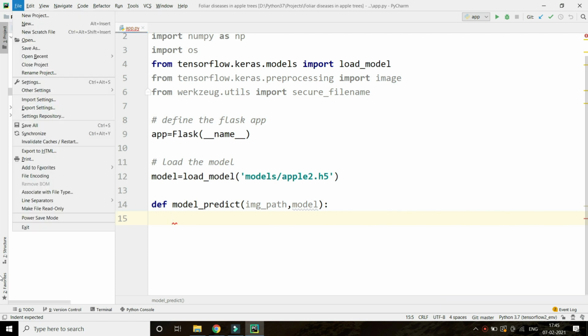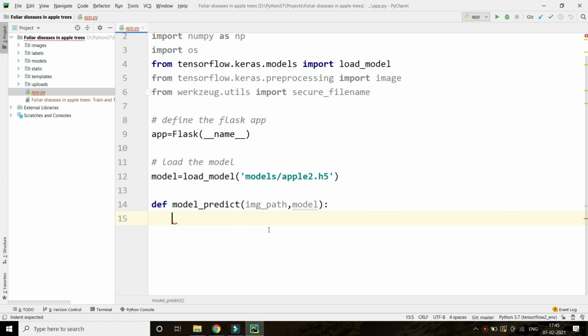So now when we load our model, we will predict with it. In the prediction, if you have watched the first part, you will know that we rescale, resize, and expand the dimension.